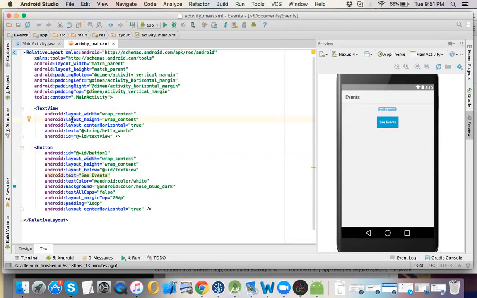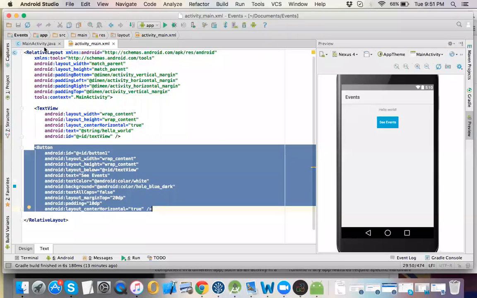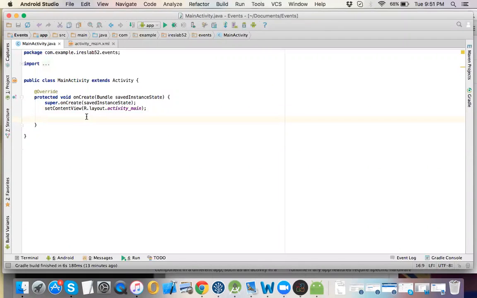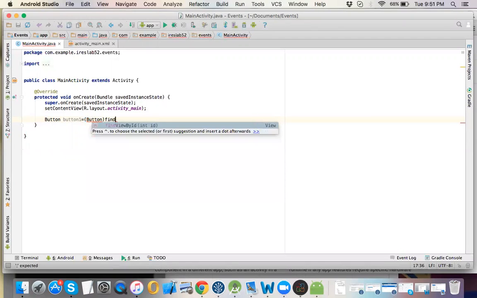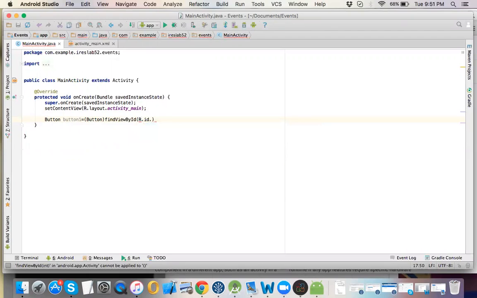The point I want to tell you is, we have a button here in the XML, but in our main activity we need to create an instance of my button. For this we have to create a Button, let's say button1, equals findViewById(R.id.button1). So I have created an instance for my button, and this method findViewById will look in this layout, okay, we have a button with the id button1, and it will return you a view,